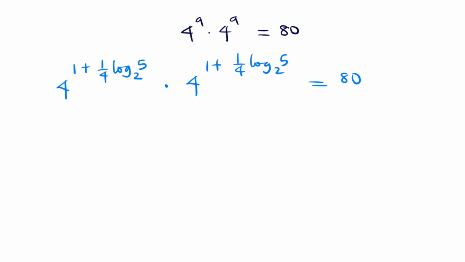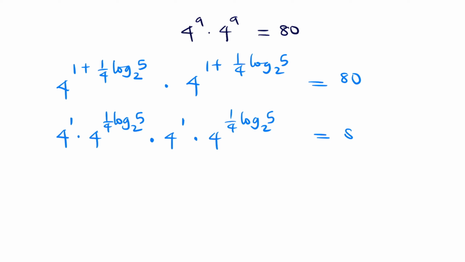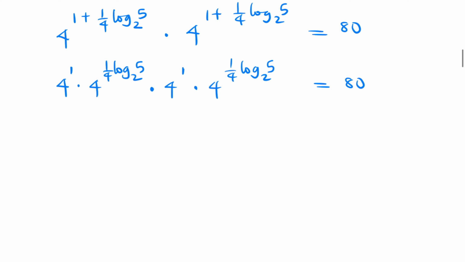Separating these powers by law of indices, we have 4 raised to power 1 times 4 raised to power 1 over 4 log 5 base 2, then times 4 raised to power 1 times 4 raised to power 1 over 4 log 5 base 2. This should give us 80. 4 times 4, this 4 here times this 4 here is 16. So I have 16, then times